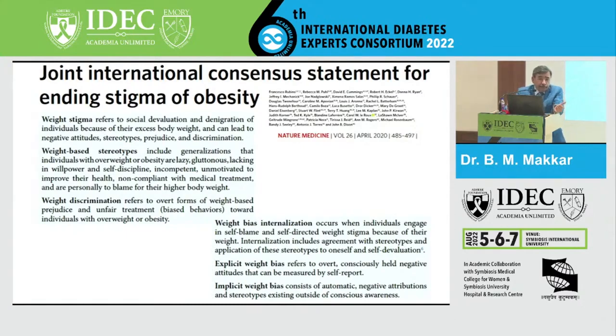And it does not also explain the obesity paradox. We have studies which have shown that people who have coronary artery disease or congestive heart failure, if they are obese, the risk of mortality is lower. So it doesn't explain the obesity paradox. It doesn't explain the metabolically healthy obese phenomena. And it was not a component of the major epidemiological studies like Framingham or pooled cohort studies for CVD risk scores.